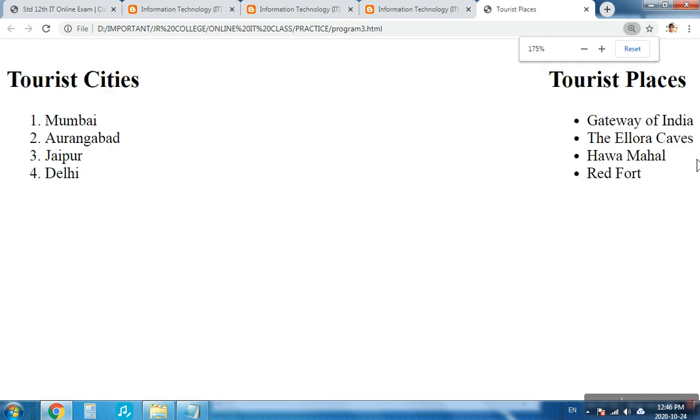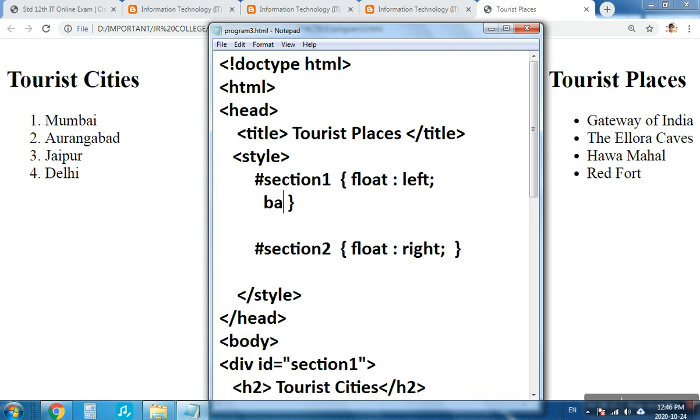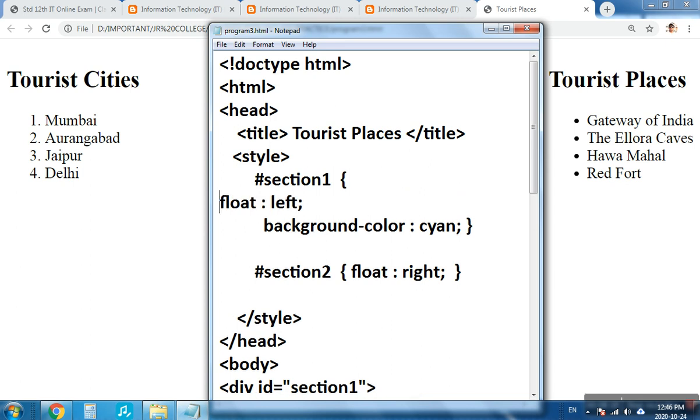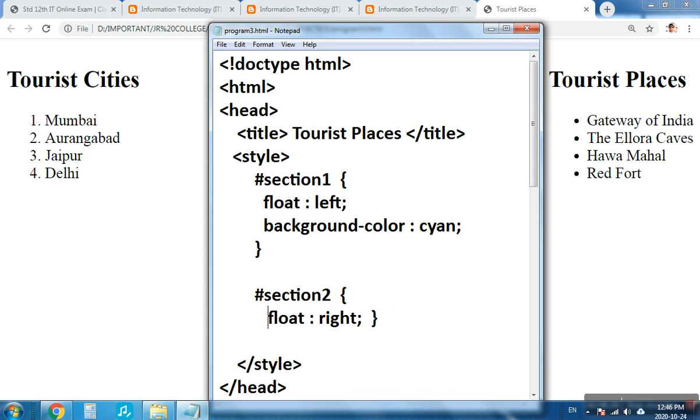One has gone to the left side, the names of tourist cities, and on the right side the names of tourist places. You can even format it if you want. You can have a background color, and you can put a border over that. Same way for section 2, we'll put a background color.